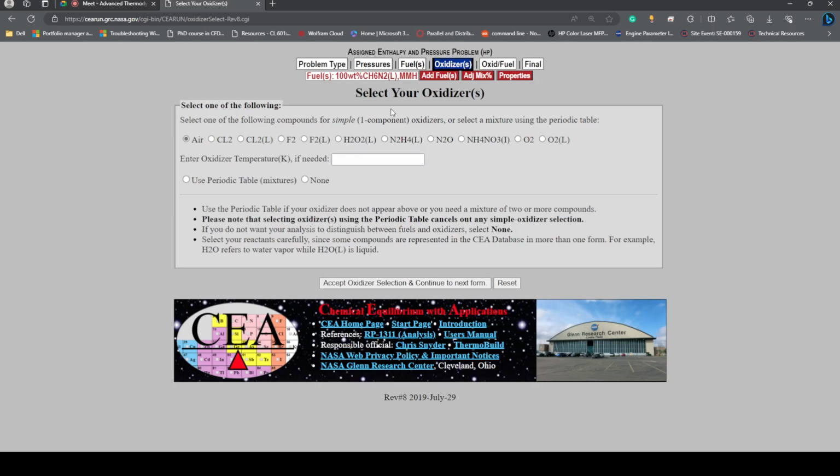Oxidizer. So what is the oxidizer you want to select? By default there are certain oxidizers like air, chlorine, fluorine, and hydrazine, N2H4. This is N2O4, right? So again we use the periodic table. So select this option and